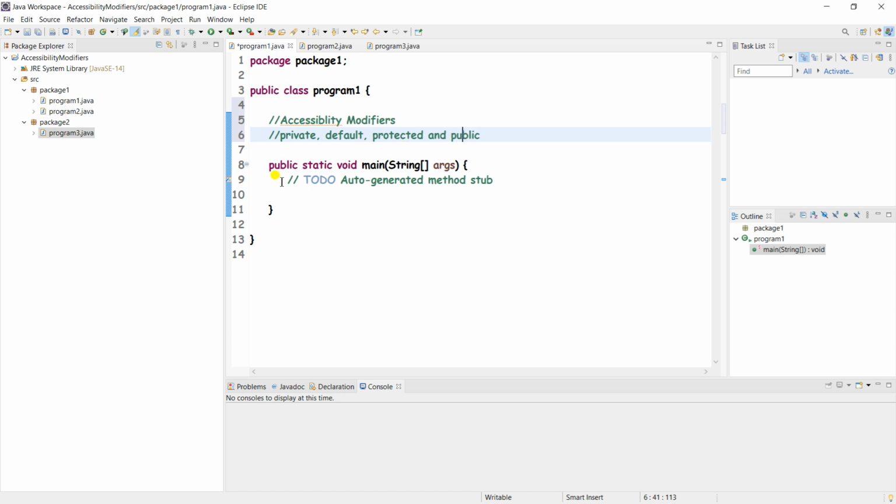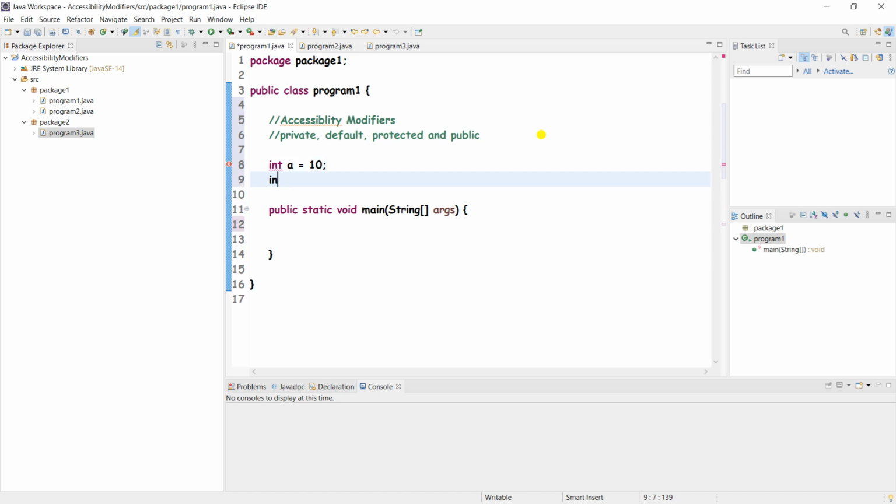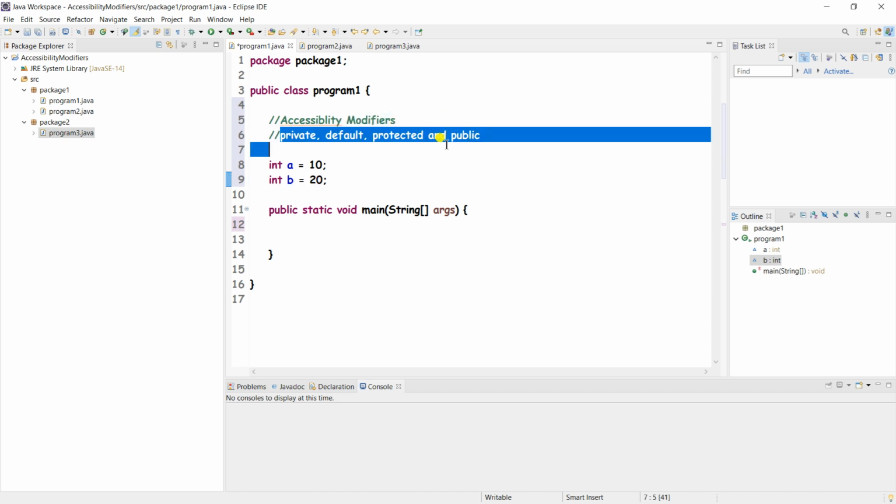Okay, so straight away we'll see these concepts practically, right? So here I'm going to, okay, wait. I need to create some variables. Int a equal to 10, int b equal to 20. Okay, so in sequence we will see these concepts.